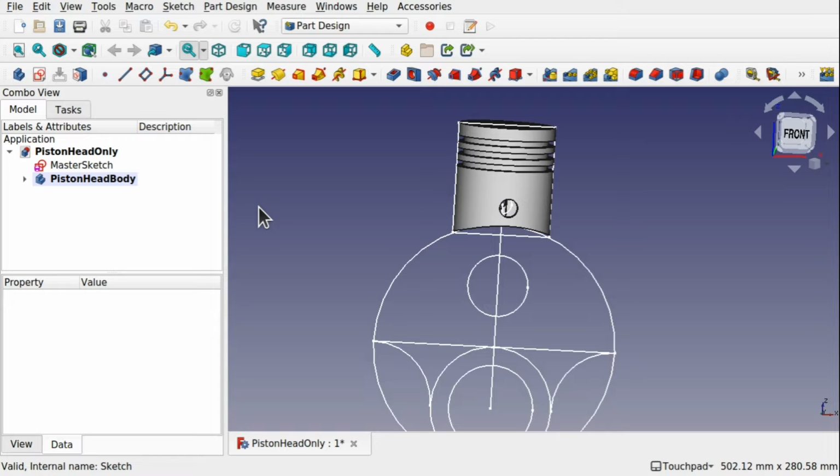Now I've been asked on the channel why I use datum planes in the construction of this piston head and also why I used a clone rather than a shape binder for cloning the master sketch. In this lesson I will be revealing the reasons why I did that